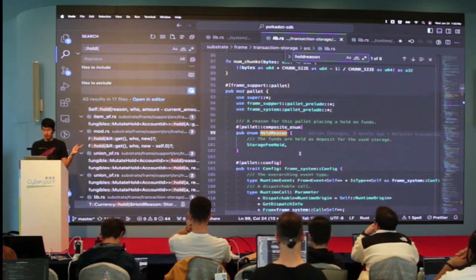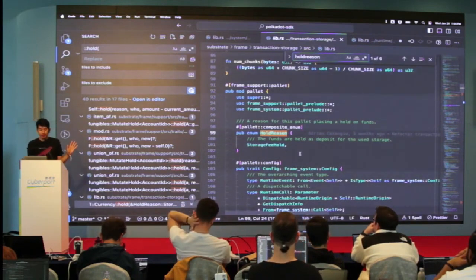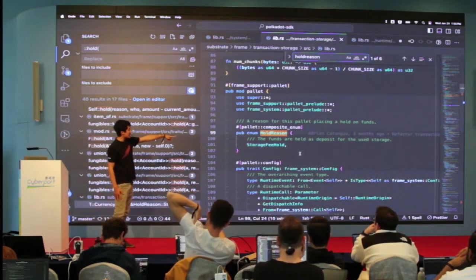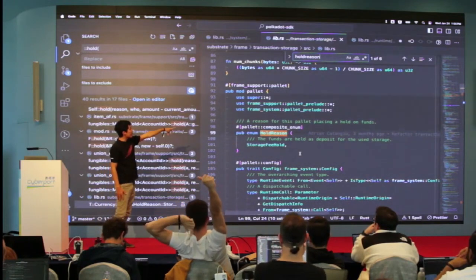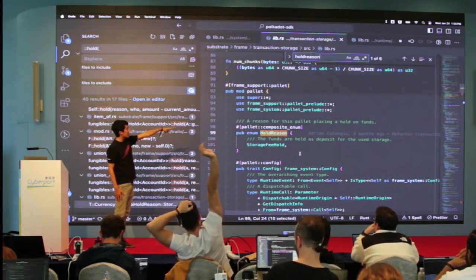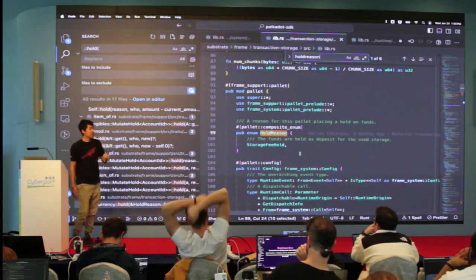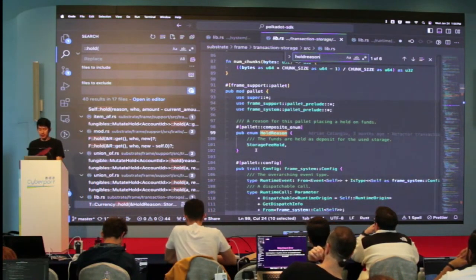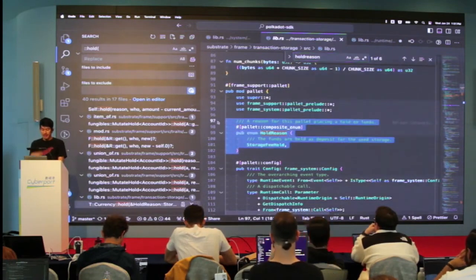So here, okay, new stuff for me. There is this enum hold reason, which has this thing, and it's using a macro, pallet composite enum. Okay? This is only 3 months old, so truthfully, I don't know this stuff myself, but this is what I would do.